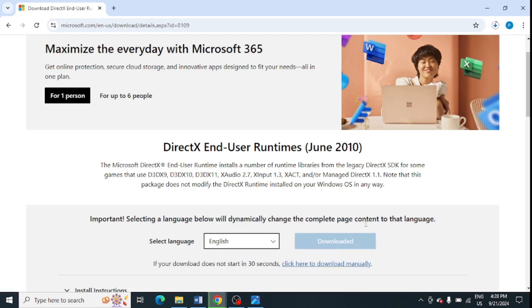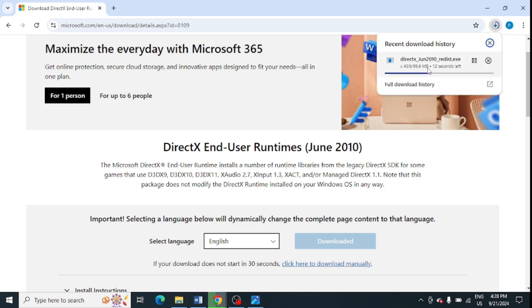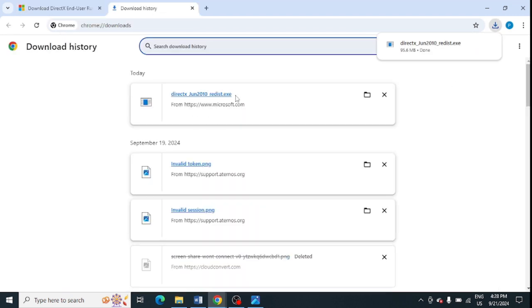It will take a few seconds or minutes according to your internet speed. You can see it is getting downloaded for me. Only 10 seconds are left, so you need to wait for the process to complete the download. And once the download is complete, you need to open the downloaded file, and after opening this file